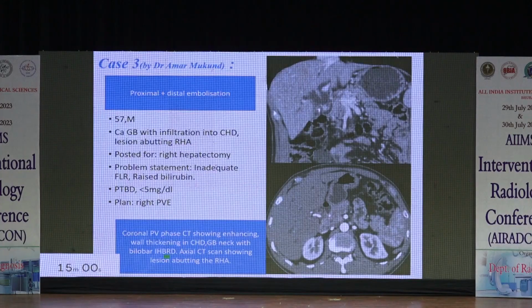So coming to case 3, this is a case taken from Amar sir. This was a 57-year-old male, carcinoma GB with infiltration into CHD and lesion abutting RHA. The patient was posted for right hepatectomy. The problem was inadequate FLR and raised bilirubin, and the plan was right PVE. So PTBD was done. Bilirubin level was brought down to less than 5, and you can see this coronal image showing dilated biliary system and the mass in the hilar region,